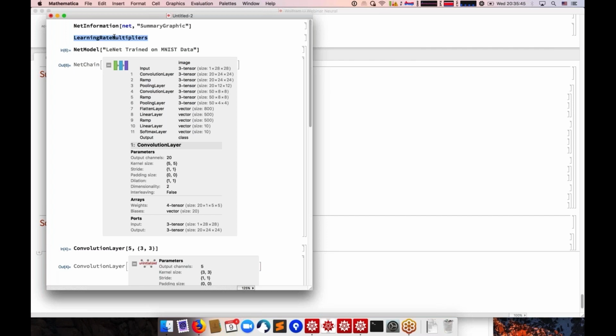Learning rate multipliers allow me to set the multiplier factor for the update step for each layer. If I set this to 0, the layer won't be touched. So this is an effective way to do fine-tuning on the network. And this was one of the main things that was asked.